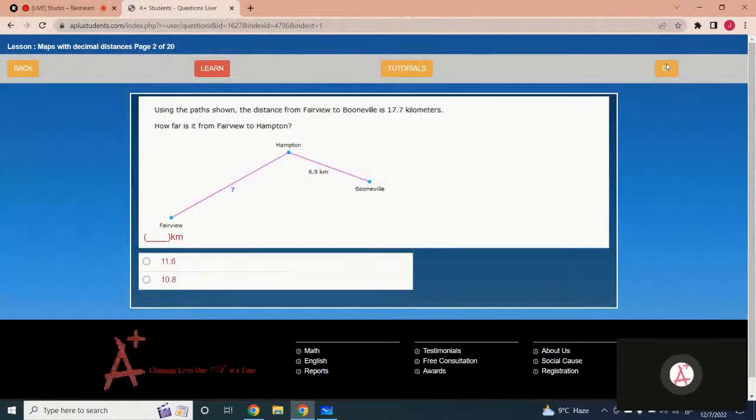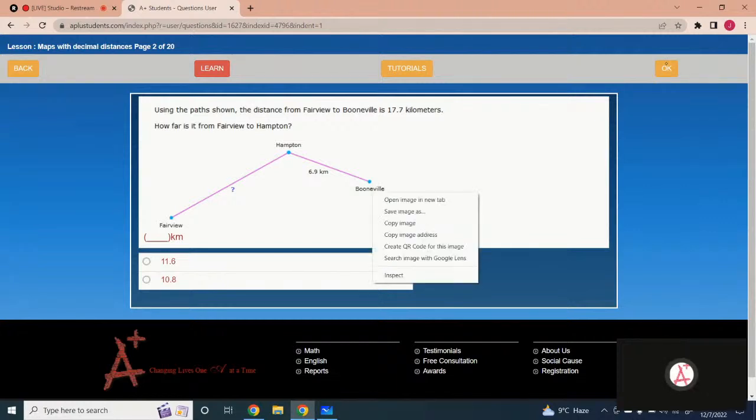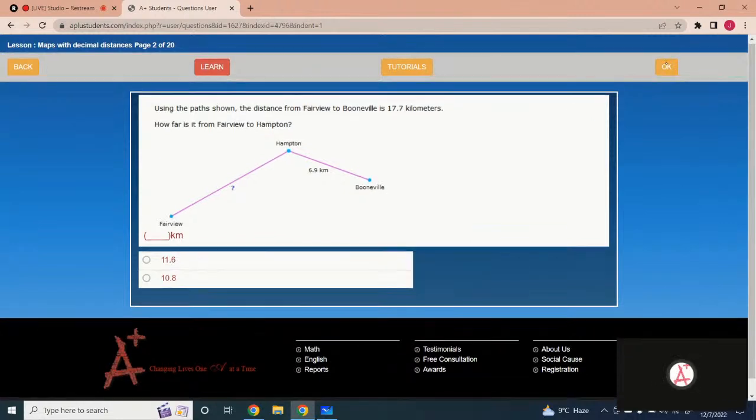Okay, using the path shown, the distance from Fairview to Boneville is 17.7 kilometer. How far is it from Fairview to Hampton? Okay, so the total distance you are given from here to here, it would be 17.7. You are given the distance from Hampton to Bonville. You have to calculate the one that is from Fairview to Hampton. So you have to subtract the 6.9 from the total distance. Got it? So 17.7 minus 6.9 is